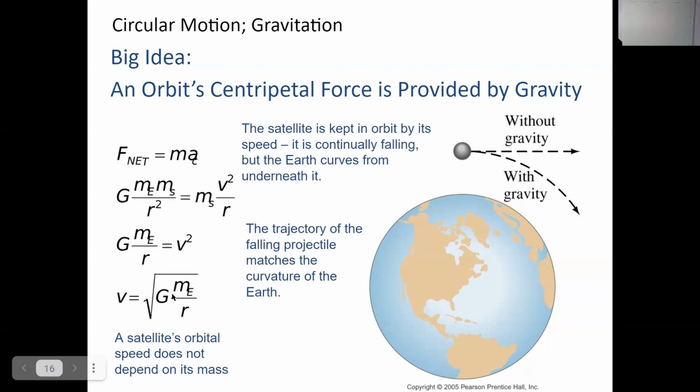All right. Well, what else can we draw from this? That's definitely one thing, but as the distance gets further away, the speed required for a stable orbit becomes less. So the moon is going much slower because it's pretty far away. It's about 245,000 miles, and it takes 27.3 days to go all the way around the Earth, whereas the International Space Station goes all the way around the Earth about every 90 minutes.